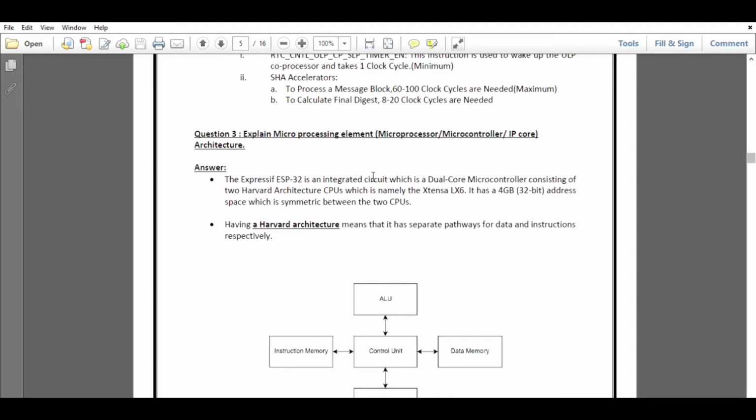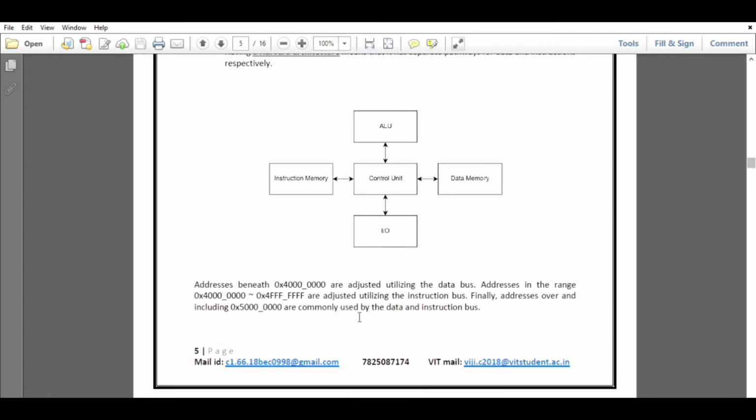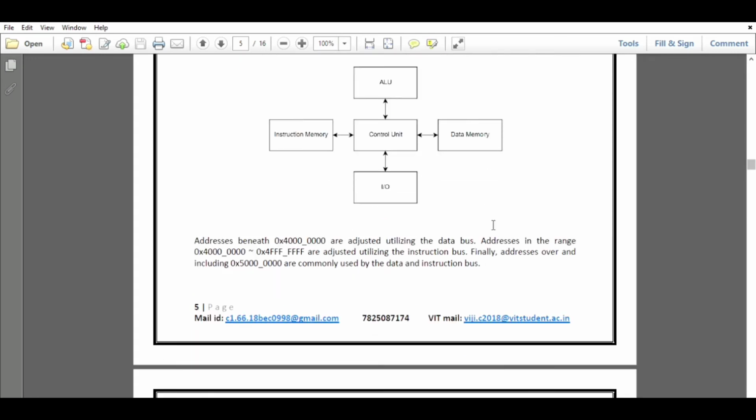This ESP32 follows the hardware architecture, that is an integrated circuit that has a dual core microcontroller, and this is the hardware architecture of ESP32. Data buses are bidirectional. Data flows in both directions from the microprocessor to memory or input-output devices. Here,